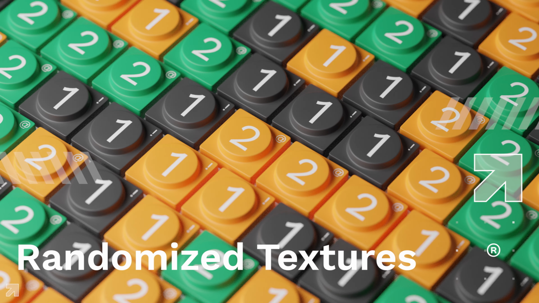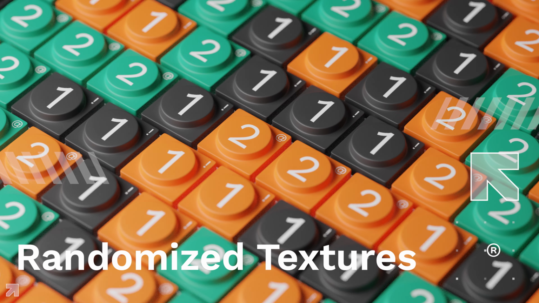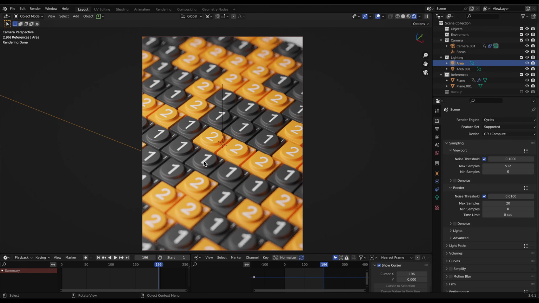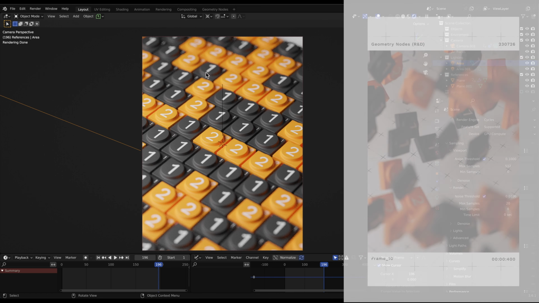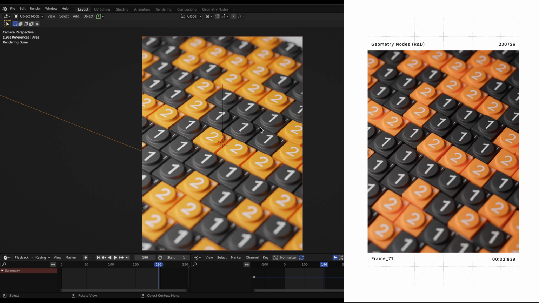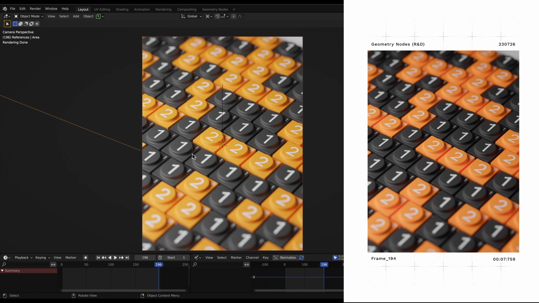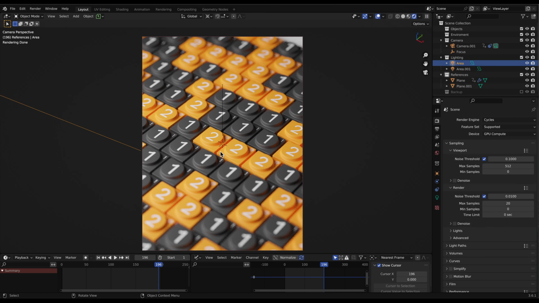Hi friend, it's Hunter from Interactive, and in today's video we're going to take a look at how to create randomized image textures all within Blender. Now you may be familiar with how to do this with colors. However, I recently came across, when I was making this project as some testing, that I wanted to randomize the image textures as well as the color. And so I was able to do that with a setup inside the shader editor, and it's a little bit complicated to work out, so I'm going to try and explain it as simple as possible.